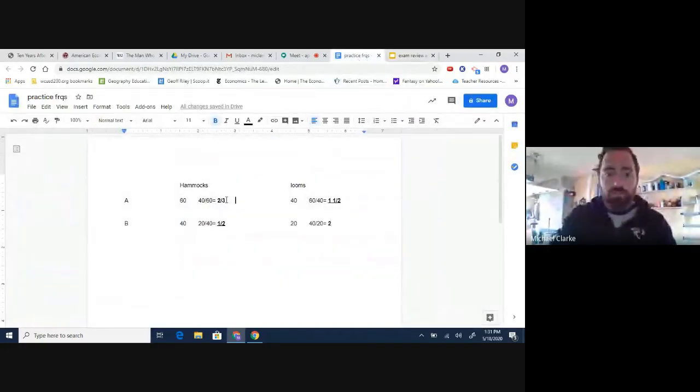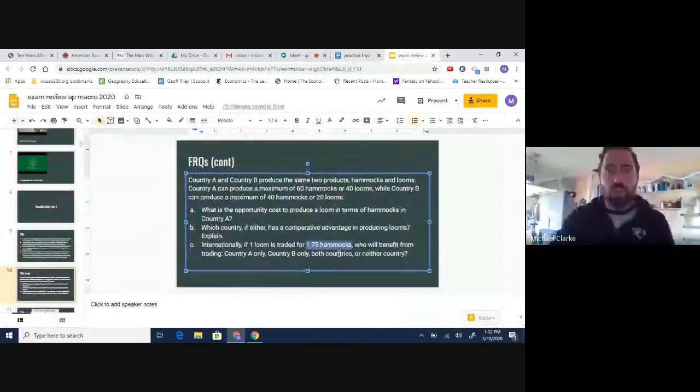take a look at hammocks. The opportunity cost is lower for each. So for each time, if countries are giving up 1 3/4 hammocks or being offered the opportunity to trade 1 3/4 hammocks, because their opportunity cost of producing hammocks is lower than that, both countries are going to specialize, or both countries are going to benefit from this type of trade pattern.